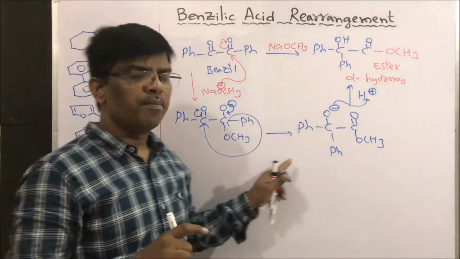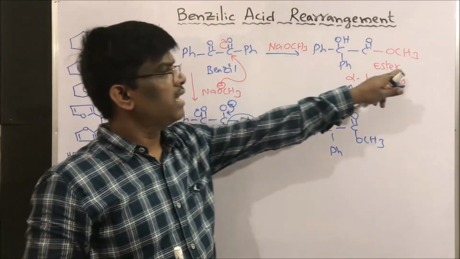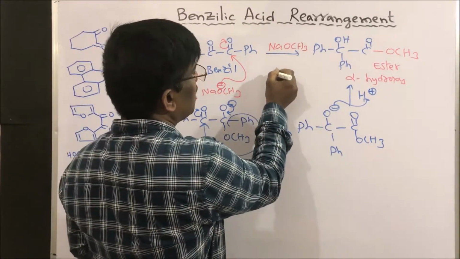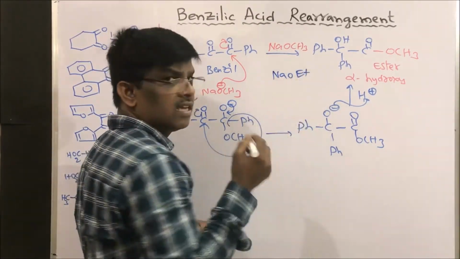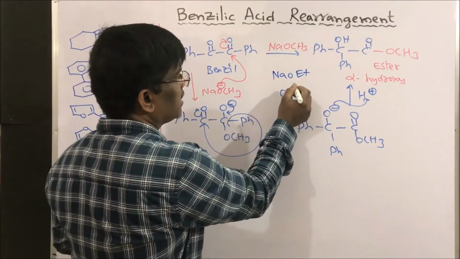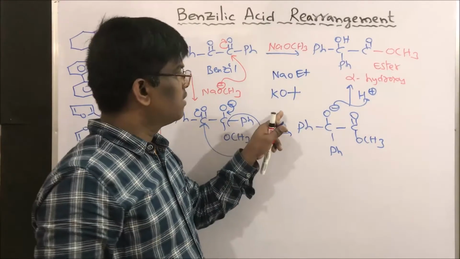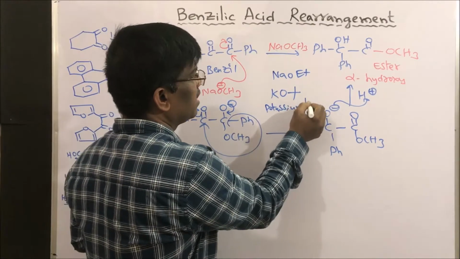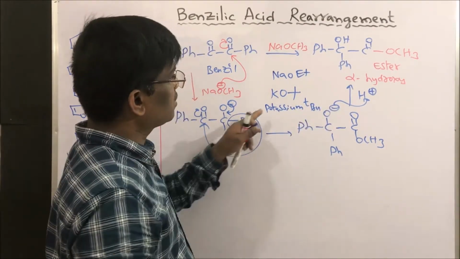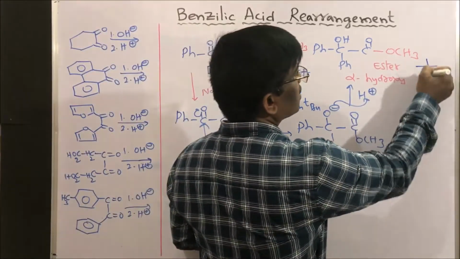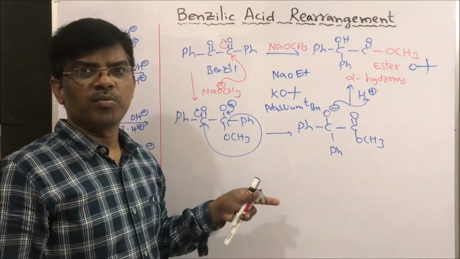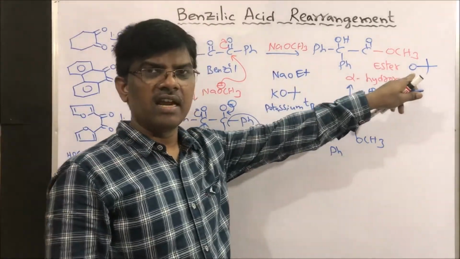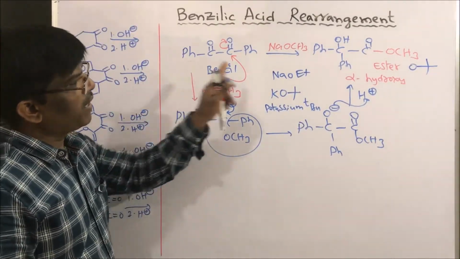So this is also a very important conversion, from benzil to esters. Benzil to benzilic acid is when we add base. So this sodium methoxide is also a base. Usually we can use potassium tertiary butoxide, which is also a base. We will get the tertiary butyl ester here. Preparation of tertiary butyl esters is a tedious process, but in this method we straight away get tertiary butyl esters. So this is how we can prepare esters.